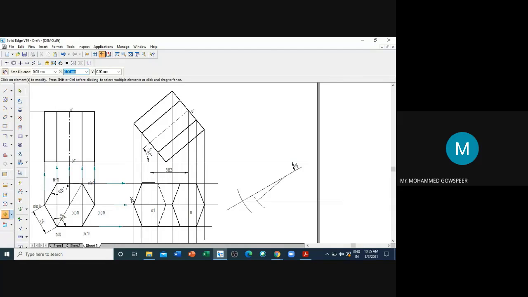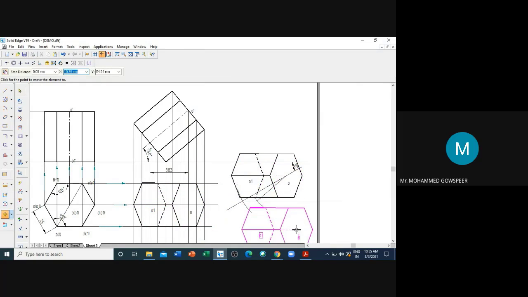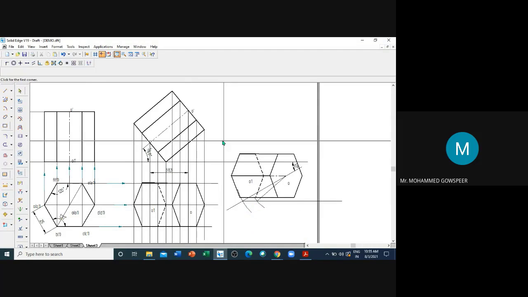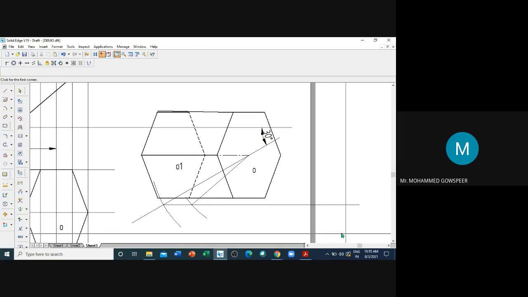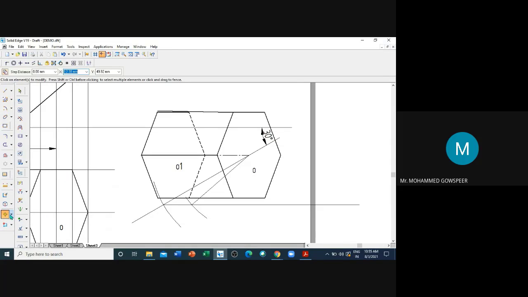Okay, move command. Select this one. You select O as a reference. Place it here at the center. Now we'll zoom this. While rotating, we should select carefully. Now we again rotate. Actually here, I will draw one second.